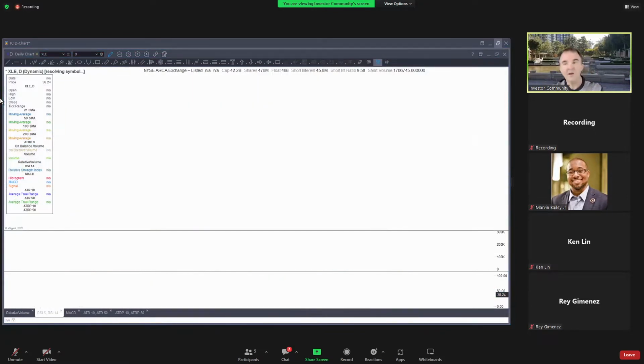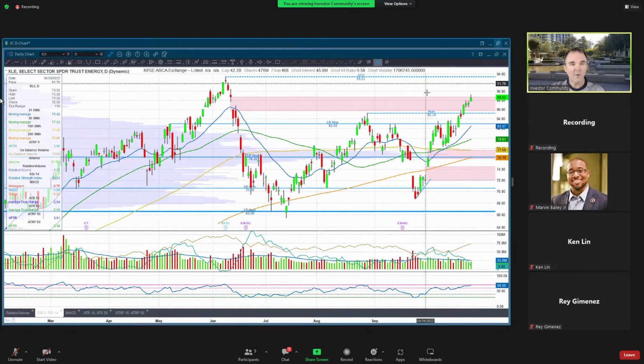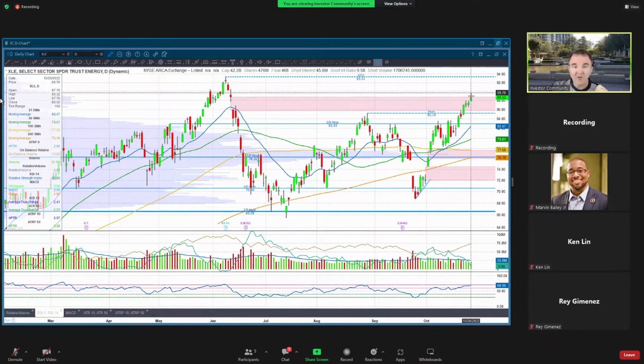Let's look at XLE, our energy company's ETF, and you can see that it is still just climbing its way up, moving up into all-time highs. It got to the top of this gap and was rejected there today, but didn't pull back much from there. It closed pretty much right at the top of the gap. Anytime this is going to consolidate wouldn't surprise me at all,